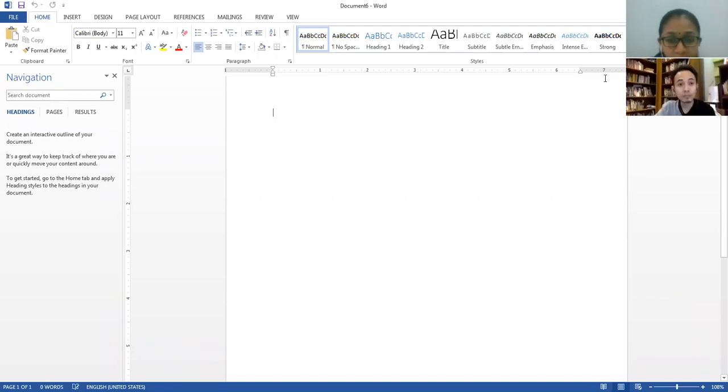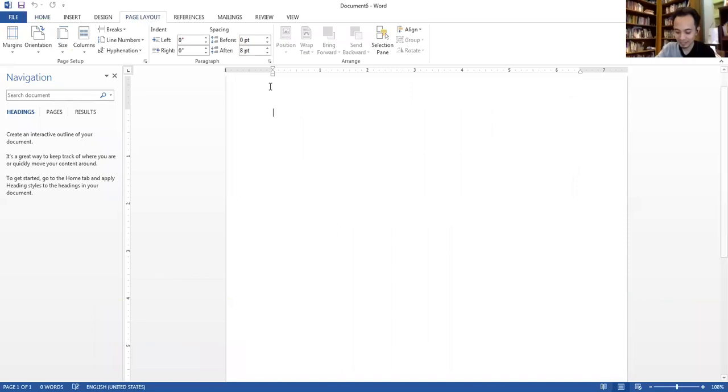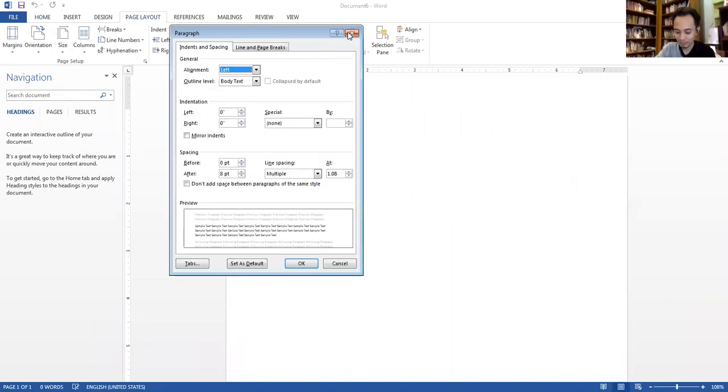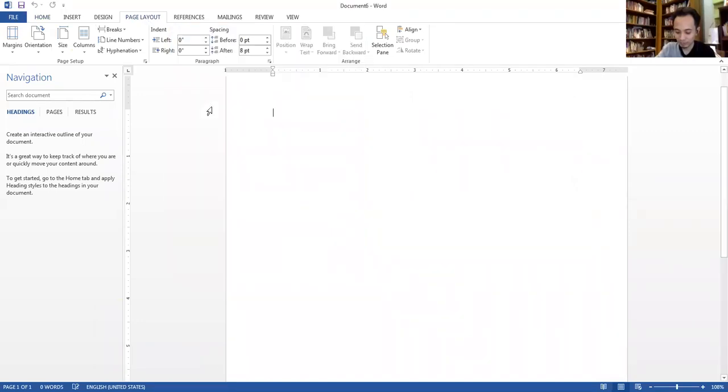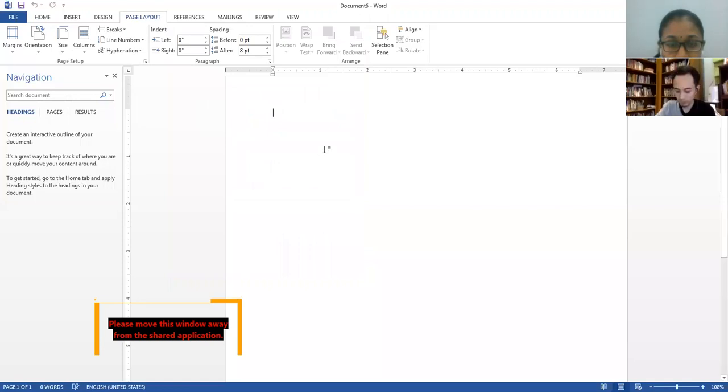To start with, let's do the formatting first. First, in terms of the margin, we set up our margin. By the way, I use Windows. For those who use Mac, I thought the features might be different. So perhaps we start with how to set the margin for our document.